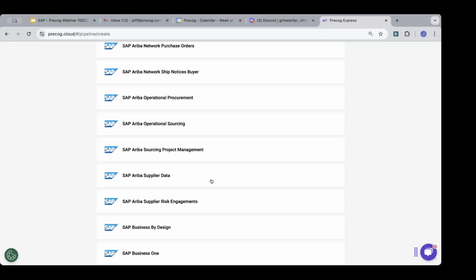I think it was meant, can Precog help move data from an SAP source into other data warehouses? Oh, sure. Yeah, of course. We do support other data warehouses. Obviously, with SAP, we partner closely around Datasphere. It's an amazing platform, but we do have customers that are non-SAP customers as well that will load data into other popular data warehouses, and we support pretty much all of them.